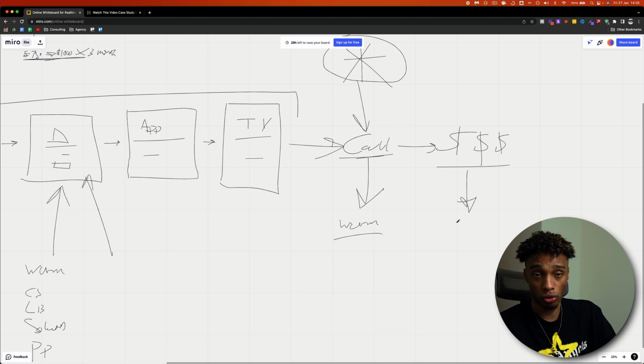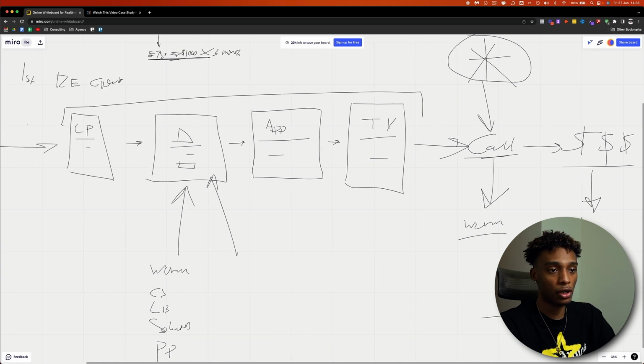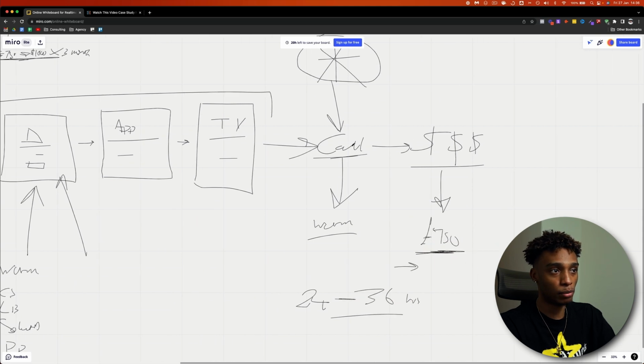I'm not even joking. Right there on the call, it was $750. In fact, wait, let me go back actually. They jumped on a call, and I broke down the logistics, and they had a slight logistical problem with the payment. But later that same day, it was actually paid. It was either that day or the next day. Don't quote me on that, but put it this way: within 24 to 36 hours of launching this funnel, this client went through the entire funnel, booked a call, and then paid me $750 per month